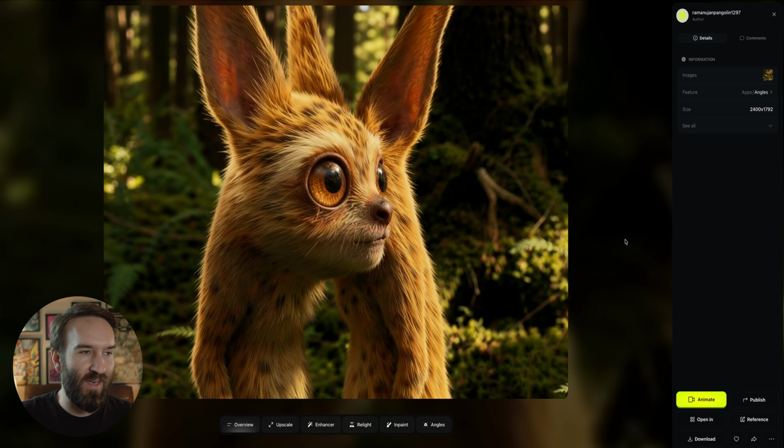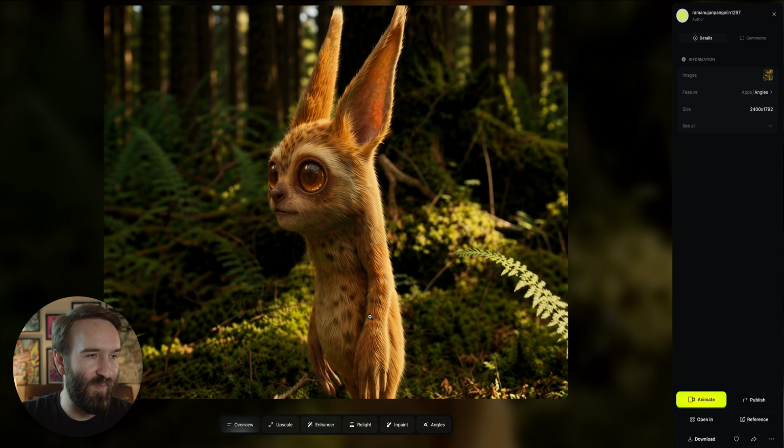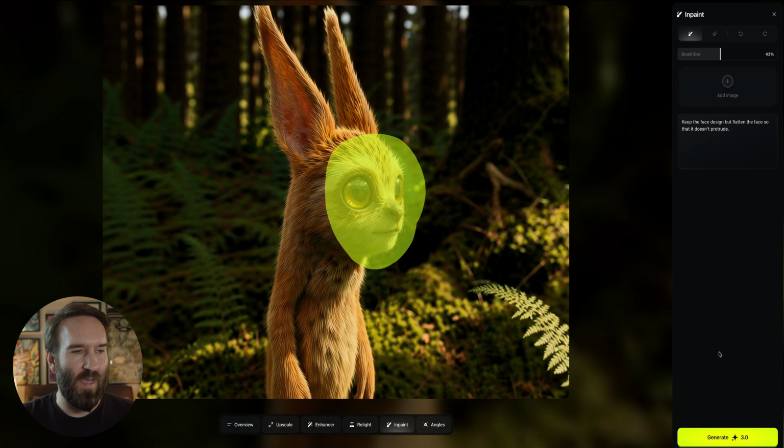Okay, so this was an attempt for me to change the angle of the creature to see what it looks like from the side. This side angle is kind of like Crash Bandicoot or something. I'm trying to make it so the face is flat. This one looks pretty good, but the face is, I don't know, let's see if I can get this to work. I'm probably gonna have to just end up going with something like this. Ugh.